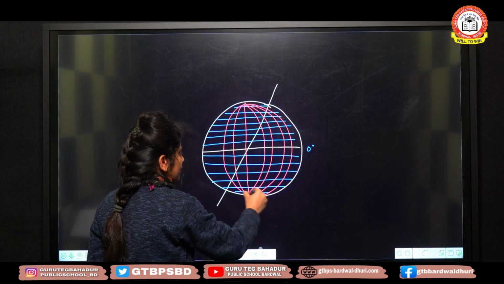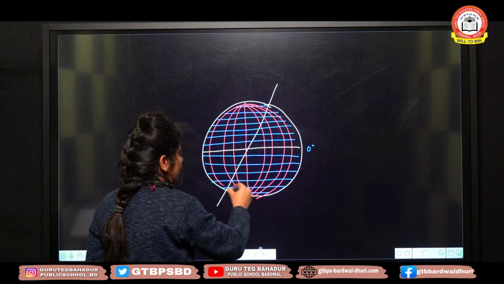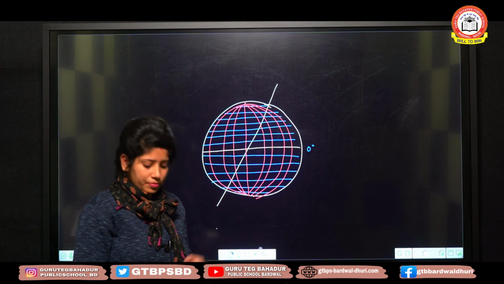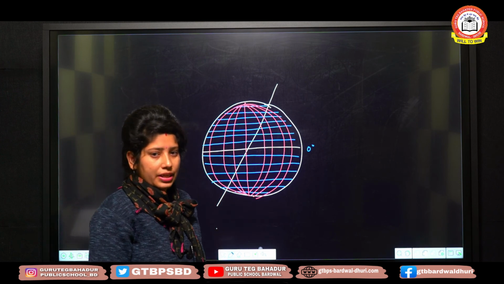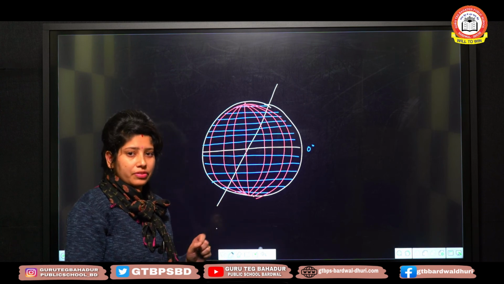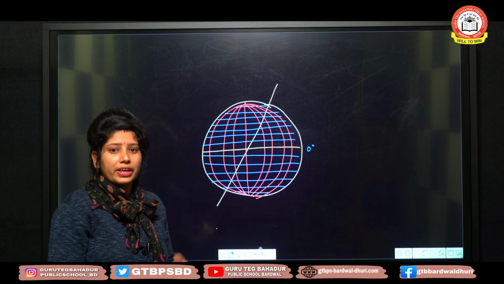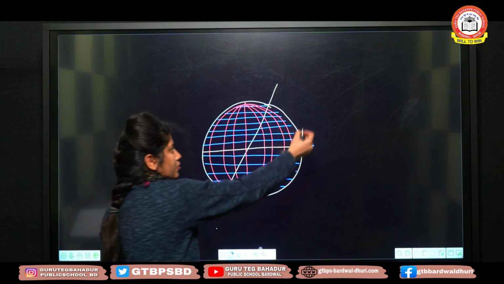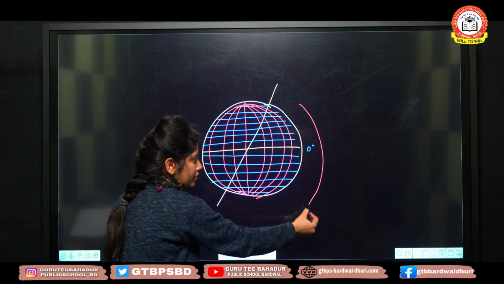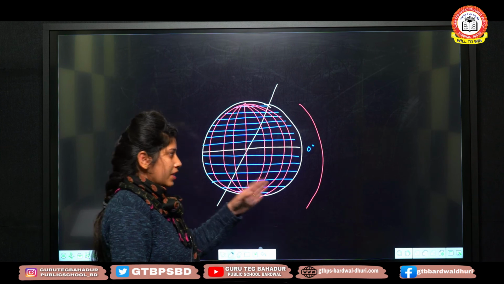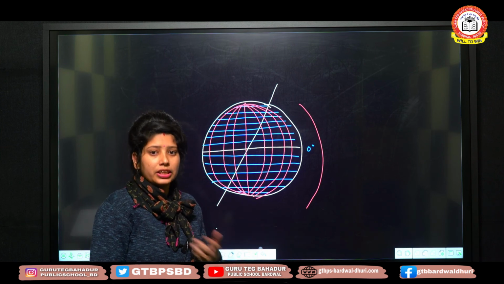These are lines of longitude. So this is what we are going to discuss today. These all are imaginary lines, meaning a type of grid we are creating to find out the exact location of anything. Okay, so these lines which are going like this, lines of longitude, with the help of these lines we are calculating time.